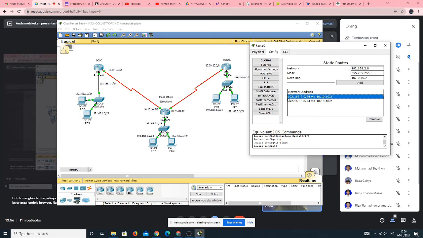So it will be like this. We can read this network address like a main route to the whole connection from LAN Solo, or from router Solo.